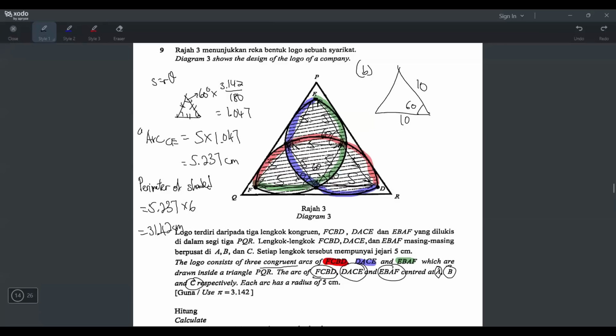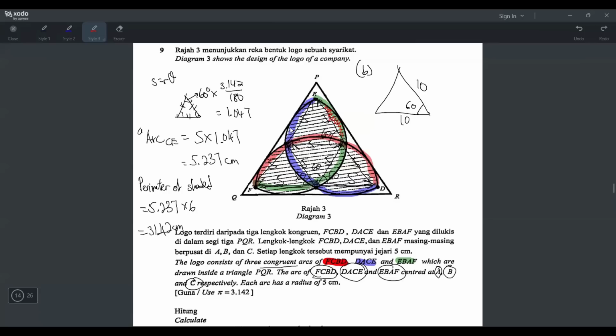Or maybe some students want to find the small triangle first: 1 over 2 times 5 times 10 times sine 60, and then times 4 because there are 4 of these. Okay, can also. But I will do it fast. I will straight away find the big triangle. The big triangle is easy to get, but you still have to add